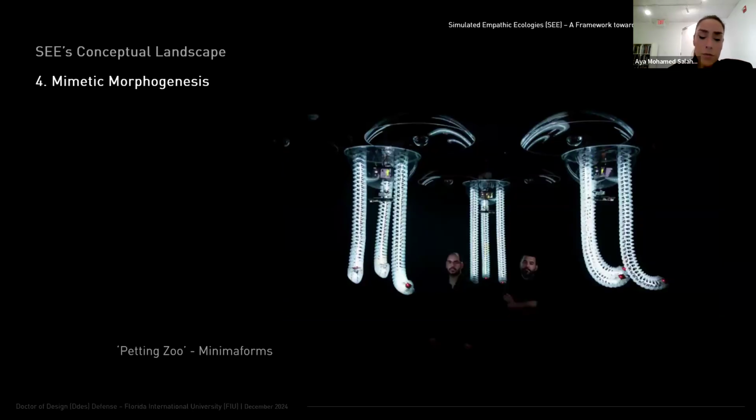This layer also builds up to speak about the petting zoo from Minima Forms and talks about, again, biomimicry influences in terms of the behavioral complexity it could embody or showcase in a system. Petting Zoo by Minima Forms offers a robotic environment that explores adaptation and showcases artificial creatures that progressively refine their behavior through interaction with participants, fostering curiosity and play while creating intimate, evolving exchanges between the human and their surroundings.